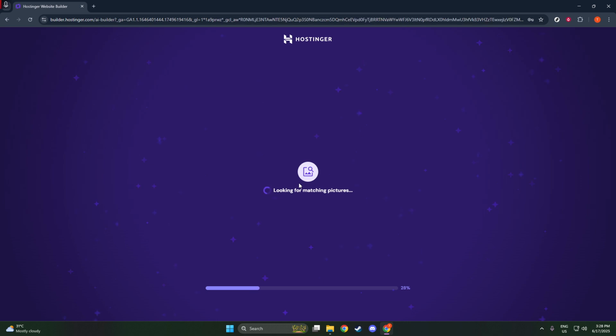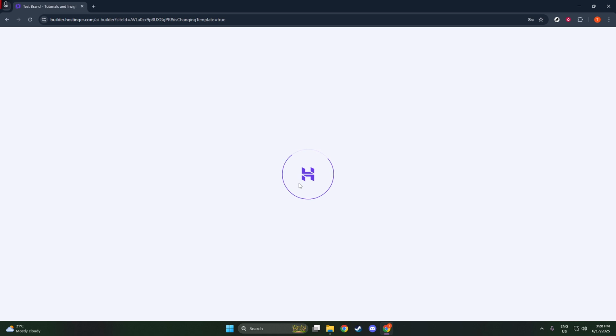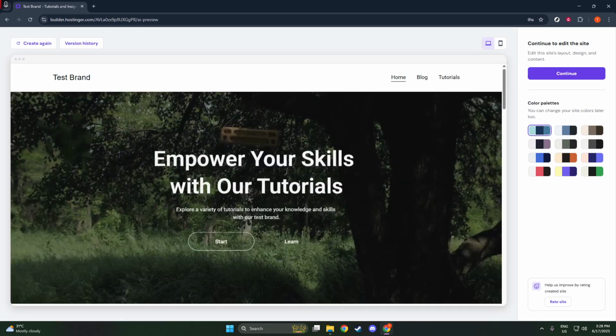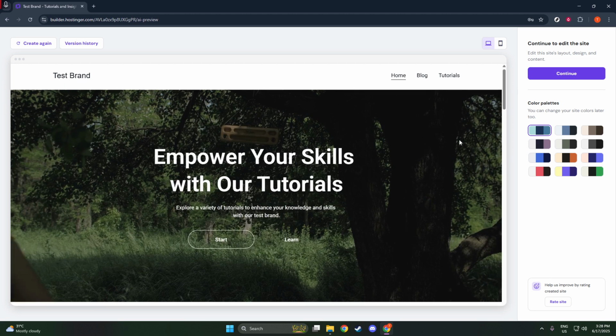As you explore, you'll have the flexibility to edit and customize to your heart's content during the 7-day trial period. This is your chance to fine-tune the look and feel of your website, ensuring it perfectly captures your vision and meets your objectives. From color schemes to text, you have the creative freedom to tweak every aspect until it's just